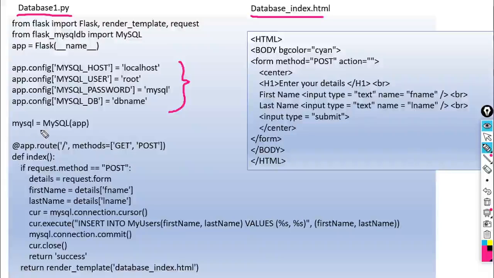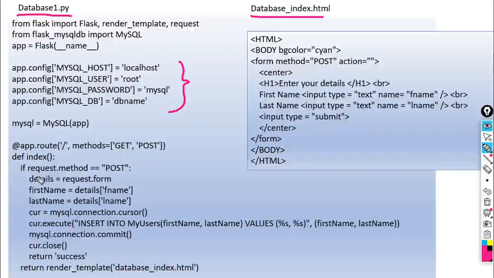Next one, mysql is equal to MySQL(app). We can set the relation here. Then next, we are using the home URL. Methods is equal to GET and POST, because we are going to enter the data. Next, the index function is associated with this home URL.